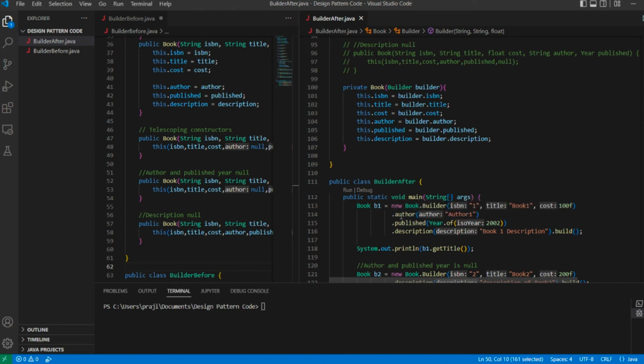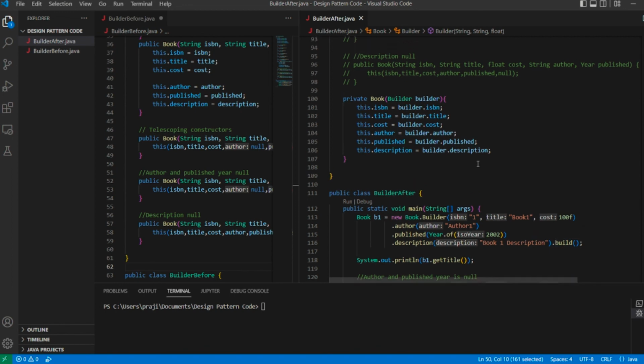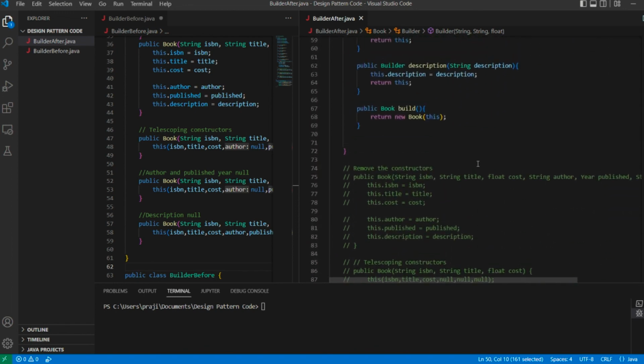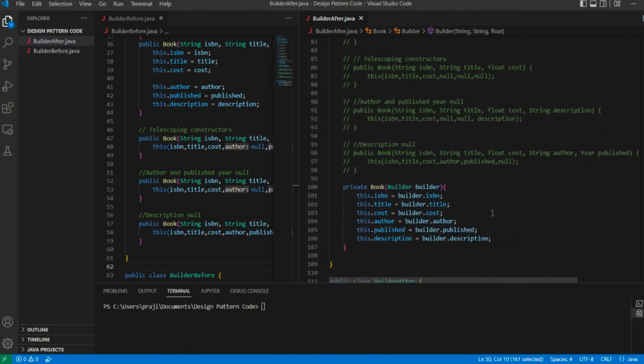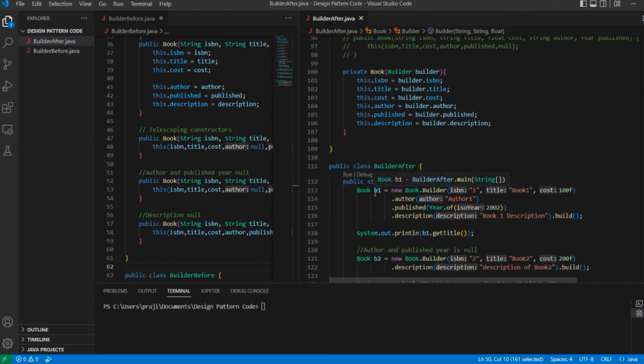So let's say if I want to assign author, published as well as description fields, I call individual methods which are part of the builder object, right? And finally, I call the build function, right? So remember that the build function, it will return the book object, and that gets assigned to B1,